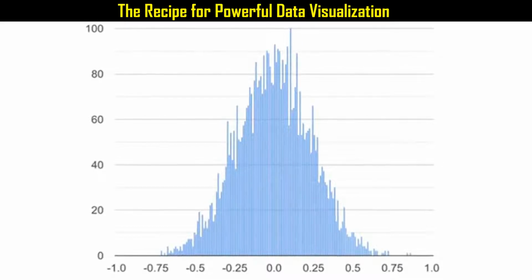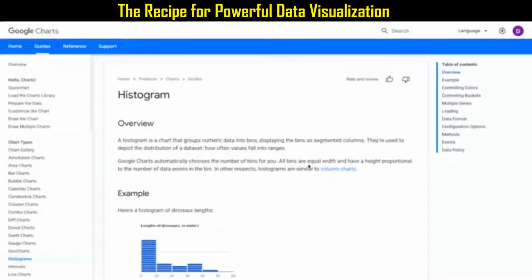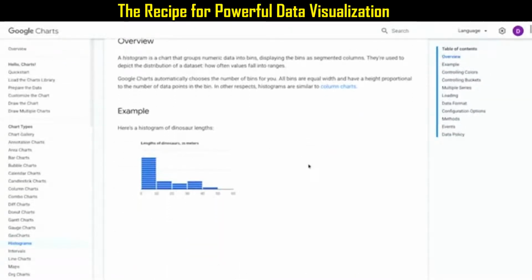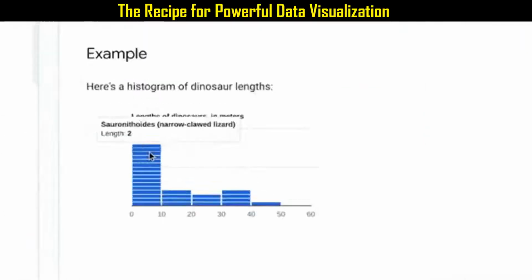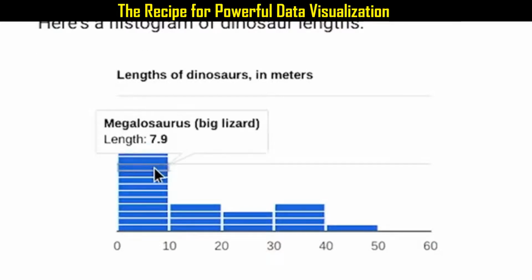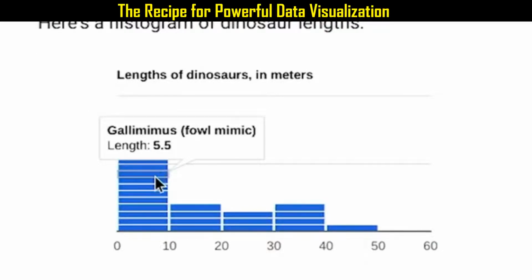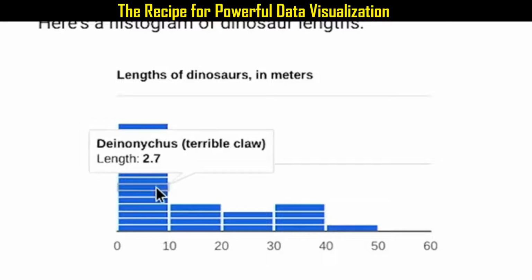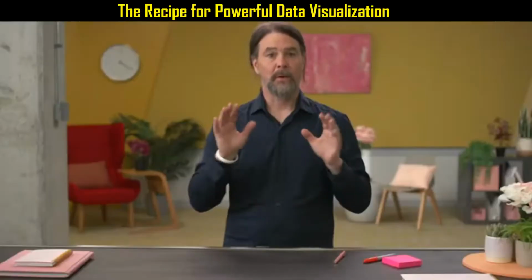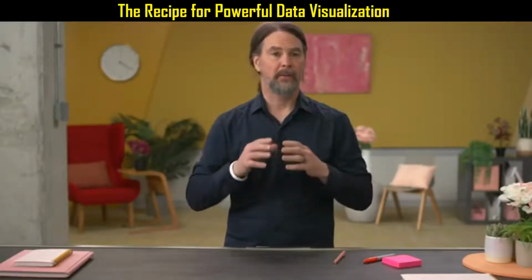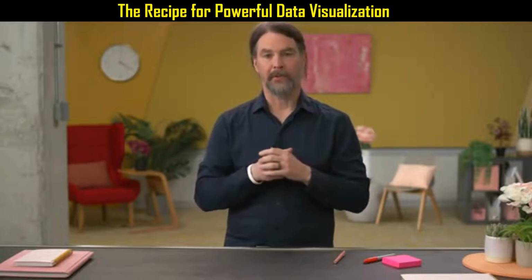part of the range. If you don't need to show that much data, other histograms would be more effective, like this one, about the length of dinosaurs. Here, the bins or buckets of data values are segmented, so you can show each value that falls into each part of the range. If your data needs to be ranked, like when ordering the number of responses to survey